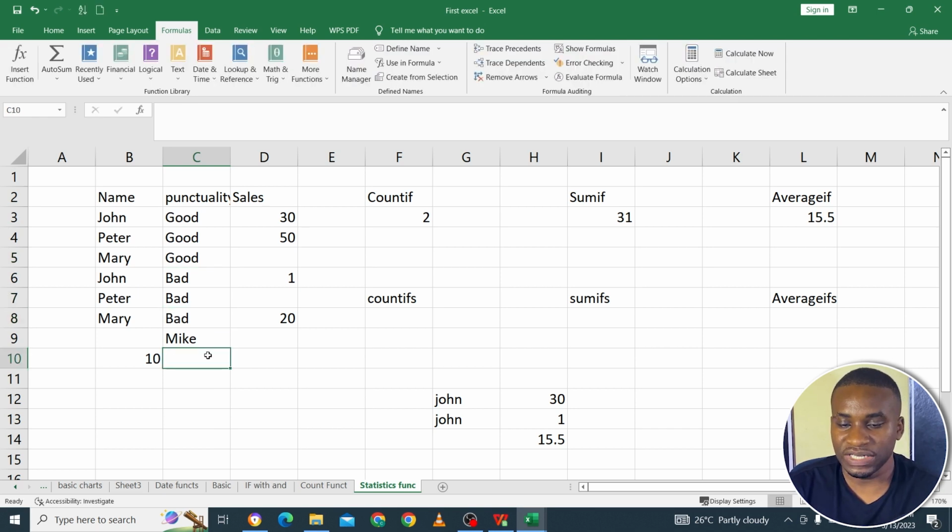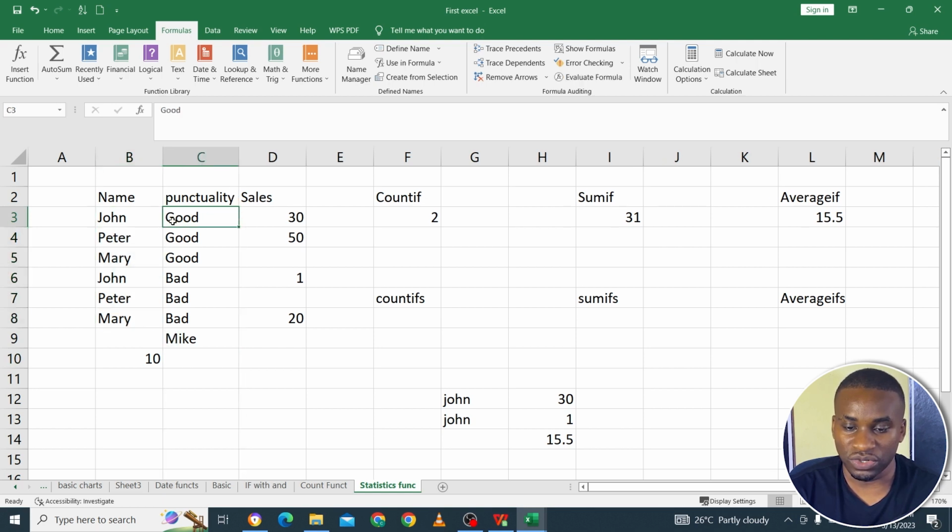So we are counting now 2 criteria. So we are saying count if John occurs here, and also if the punctuality, if he was punctual, is good. So the first John was good, but the second John was bad. So we expect that it should only take this one and count as 1. So if you go here, say equal to count